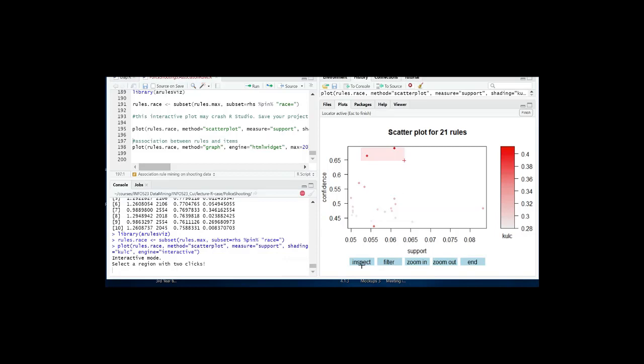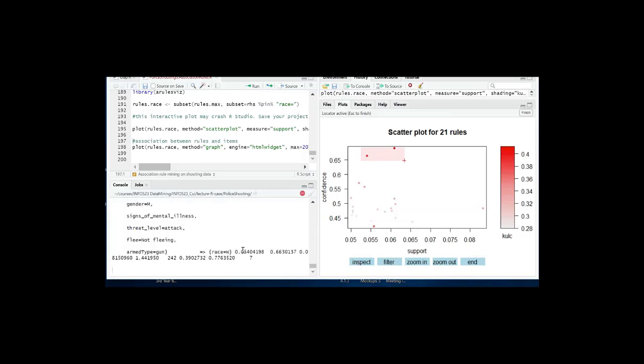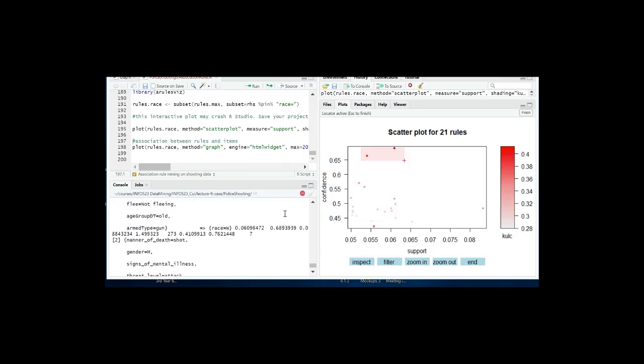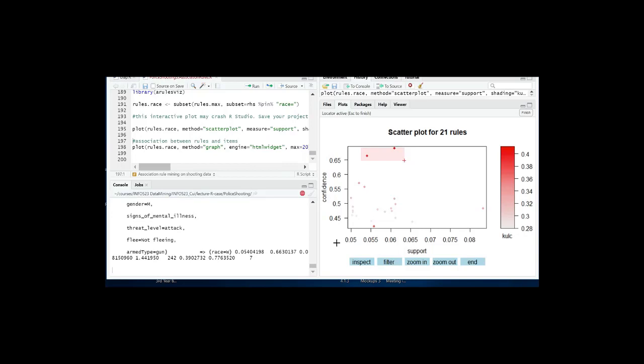Here and inspect. I think we covered the 2 rules. So here in the inspect area, we can see what rules are those 2 rules. And we can select a different set by clicking in one spot and then click on another spot. Then a rectangular area is created. If we click on inspect, we're going to see those rules being displayed here. We have 4 rules.